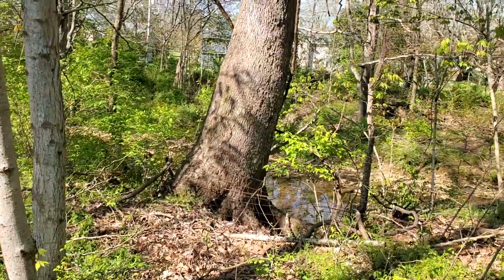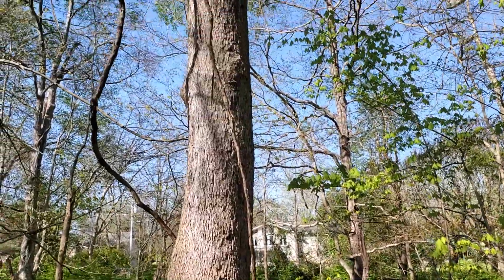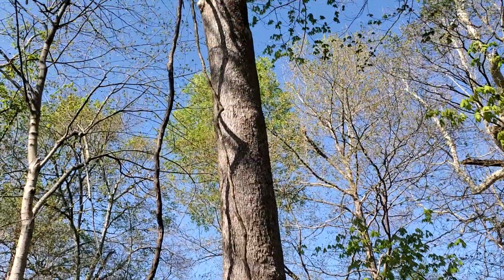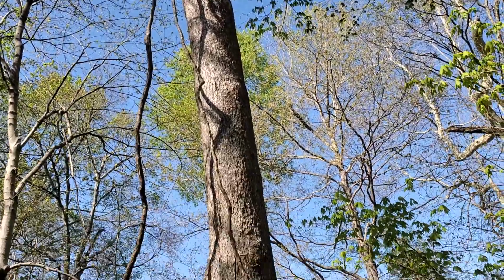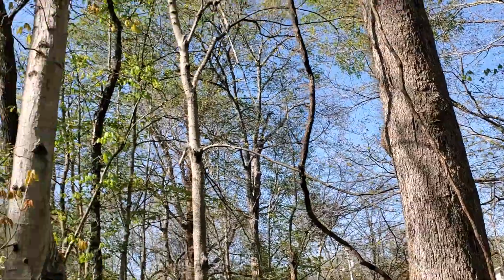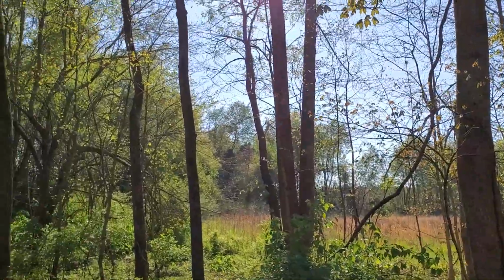Growing up this sycamore tree, you see a lot of wild grapevines. There are about three different ones that are making their ascent up into the tree. Oh, there's a hawk. I don't know how closely we can follow that, but that's